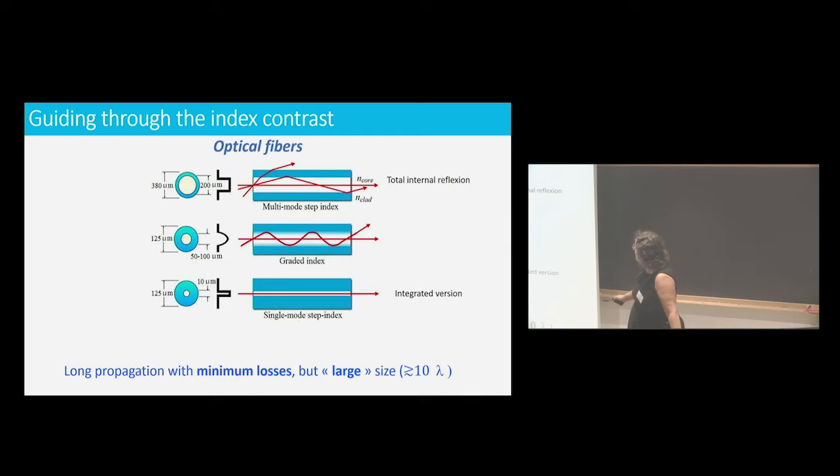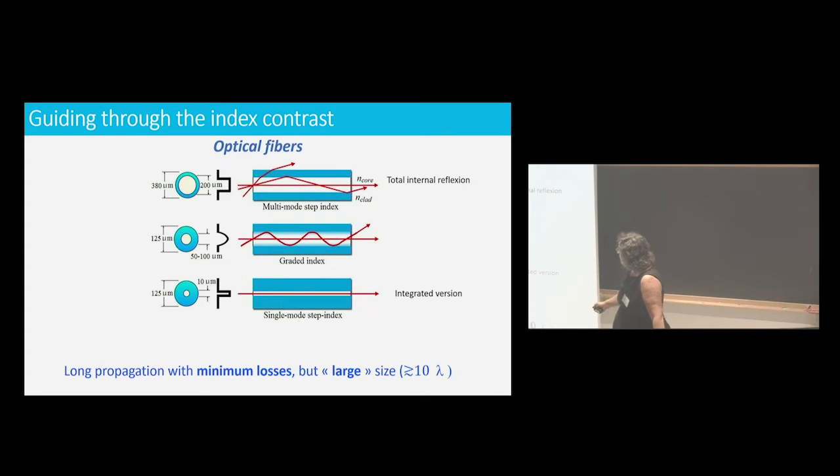But if your angle is too large here, you have losses. So that's why you have a numerical aperture for such things. You can see that these fibers are quite big, because you have this geometric waves figure. And you can see here that typically they have a size which is a few hundred micrometers. So very big for the core.